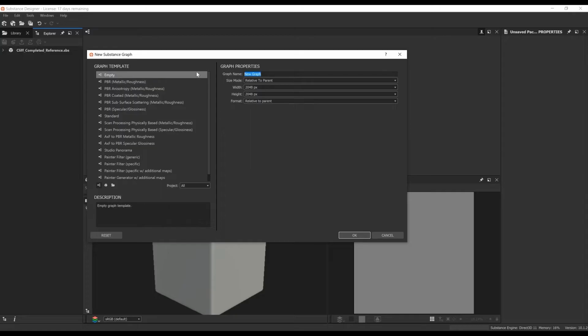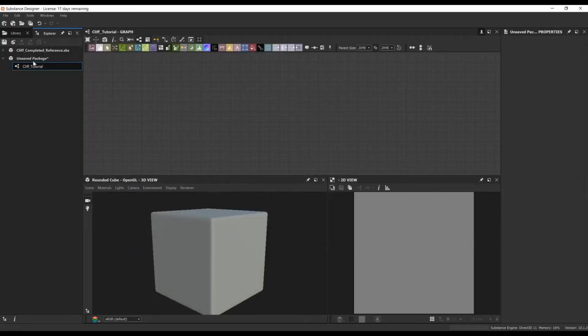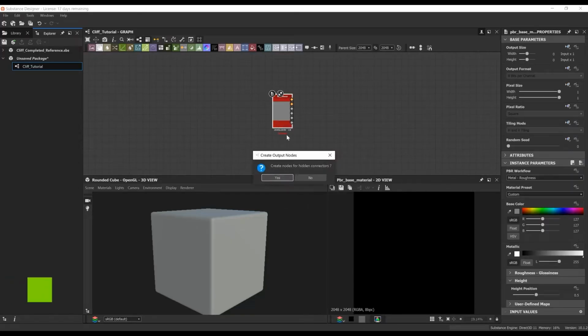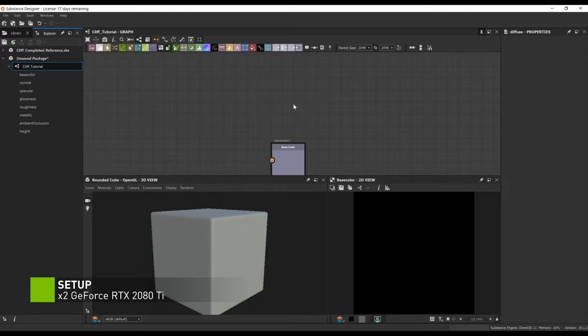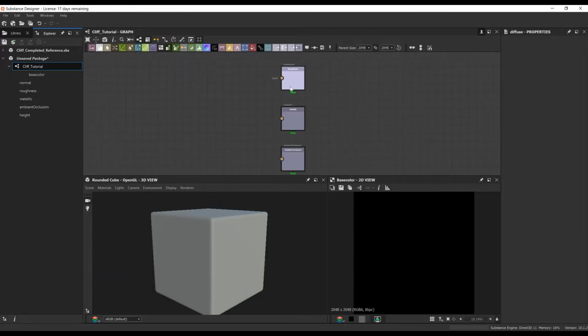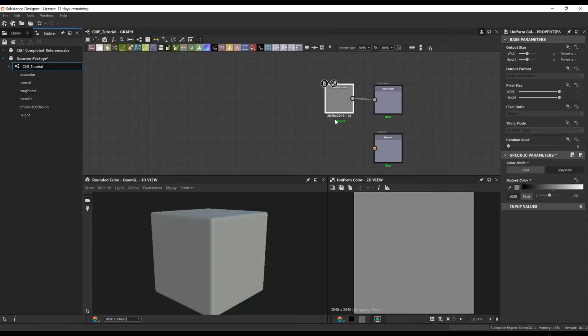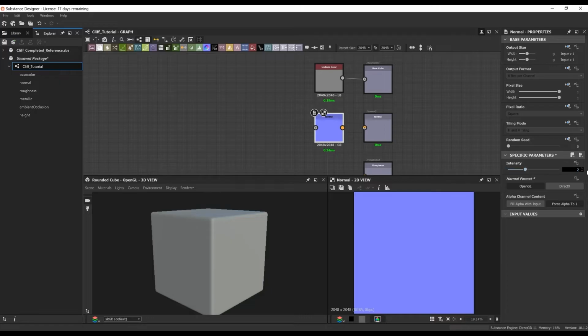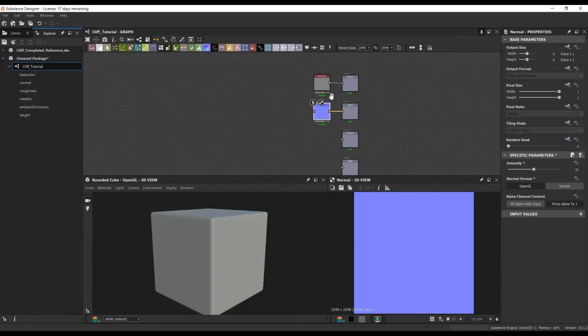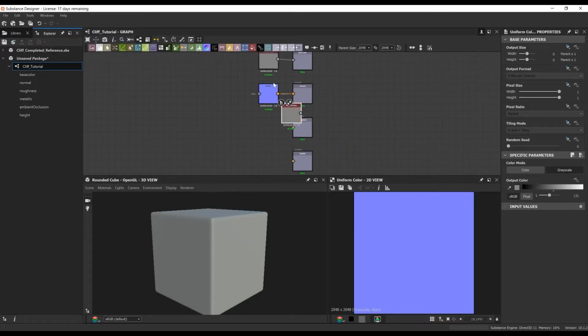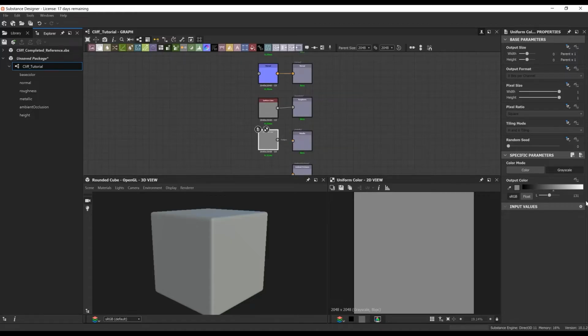So let's get started. To begin, I'm just going to start up and create a new substance graph. Just going to name it Cliff Tutorial. And the first thing I like to do with every material I make is bring in a base material node. That way we can create the outputs from that guy. You can actually choose a template when you first create your substance graph, but I like to use this method. Just for me, it gives me a little bit more control on what nodes it creates, and